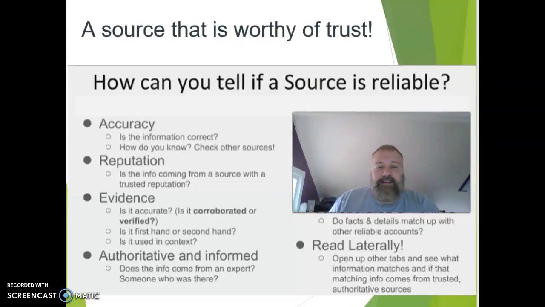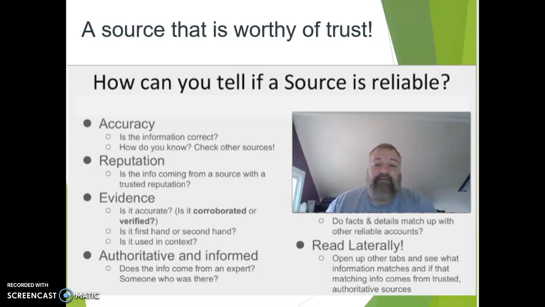What is a credible source? I'm not going to get too deep into this. We'll talk about this more on Thursday. Sources and how to decide what is a credible source or not. It's not an exact science. It's tricky. The best way to tell if a source is reliable that you find online is, do you find errors, like information that is wrong? That's a bad sign. Consider the reputation of a source. Have you heard of this source? Has it been around for a while?